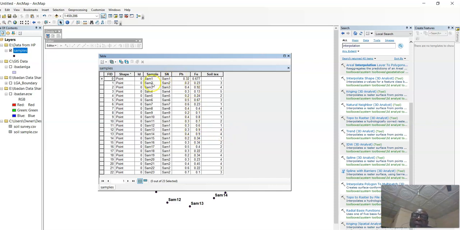Now you have the data set for the reference data. We have the sample, and then you use the SN on the data set to join them. Now you are good to do your analysis. We are going to start, as I said earlier on, with the pH value of the data set, and then you can type interpolation